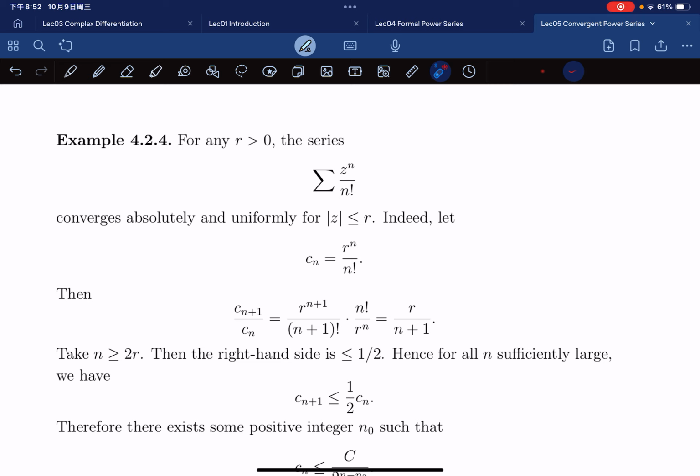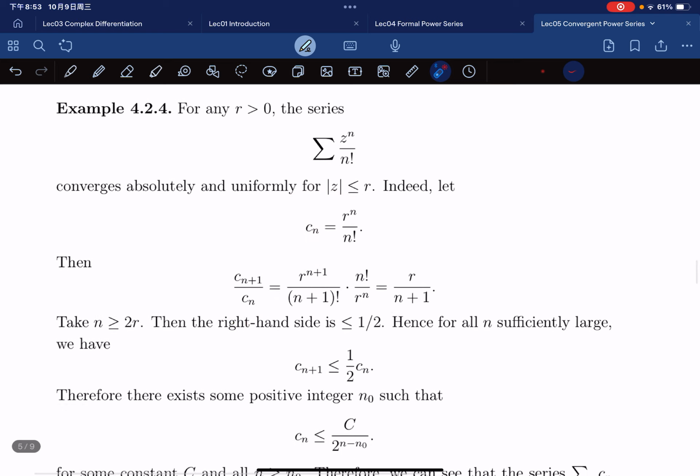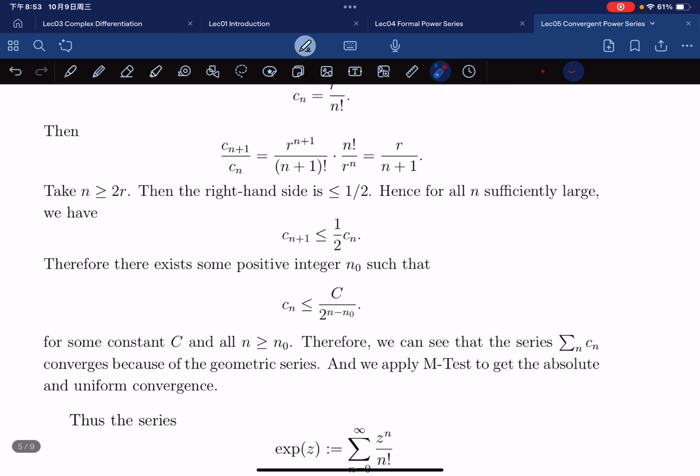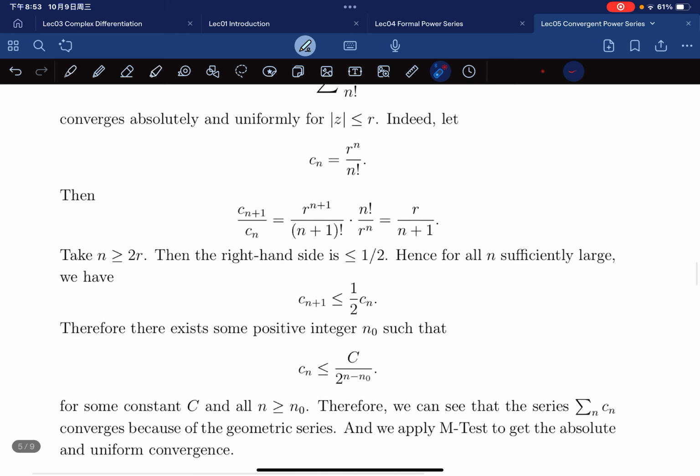For the series, it converges absolutely and uniformly for |z| less than or equal to r, right? If you just let c_n equal to this, then if we take their quotient, it gives you r over n plus 1. If you take n sufficiently large, then this will be less than or equal to 1/2. Therefore there exists a positive integer n naught such that this holds for some constant c. So this converges because of the geometric series, and we apply the M-test to get the absolute and uniform convergence of